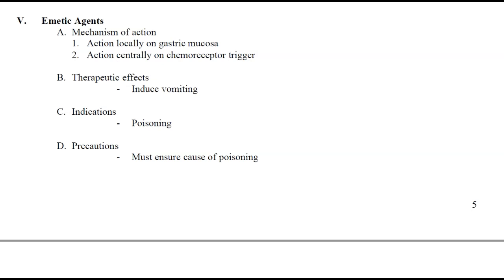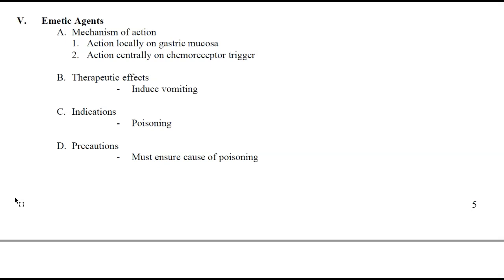Emetic agents are basically agents that cause vomiting. The mechanism of action is local on the gastric mucosa. On the central aspect, it actually triggers the chemoreceptor to induce vomiting. The therapeutic effect is obviously induced vomiting, and the main reason why we give it is